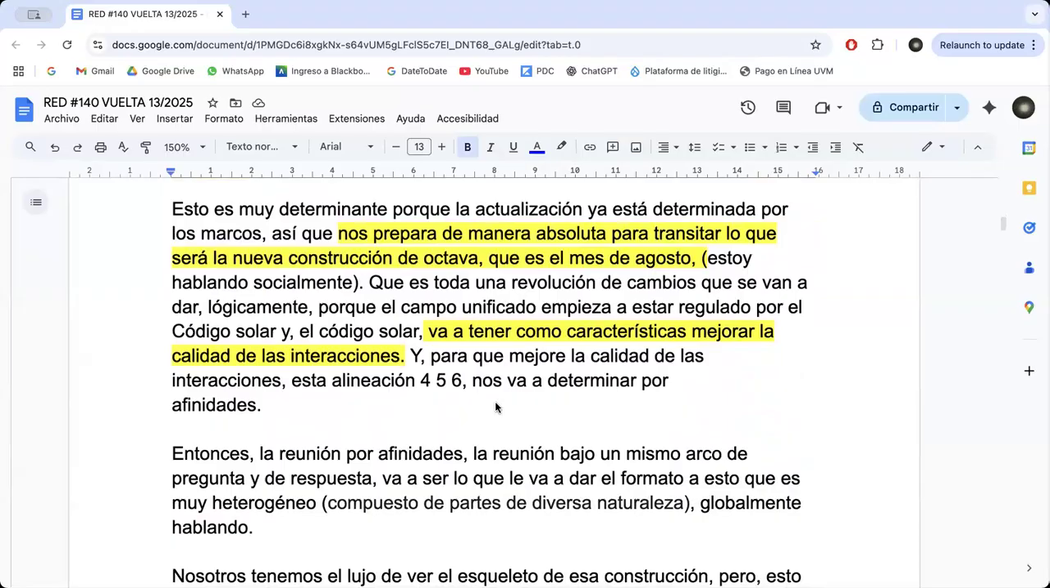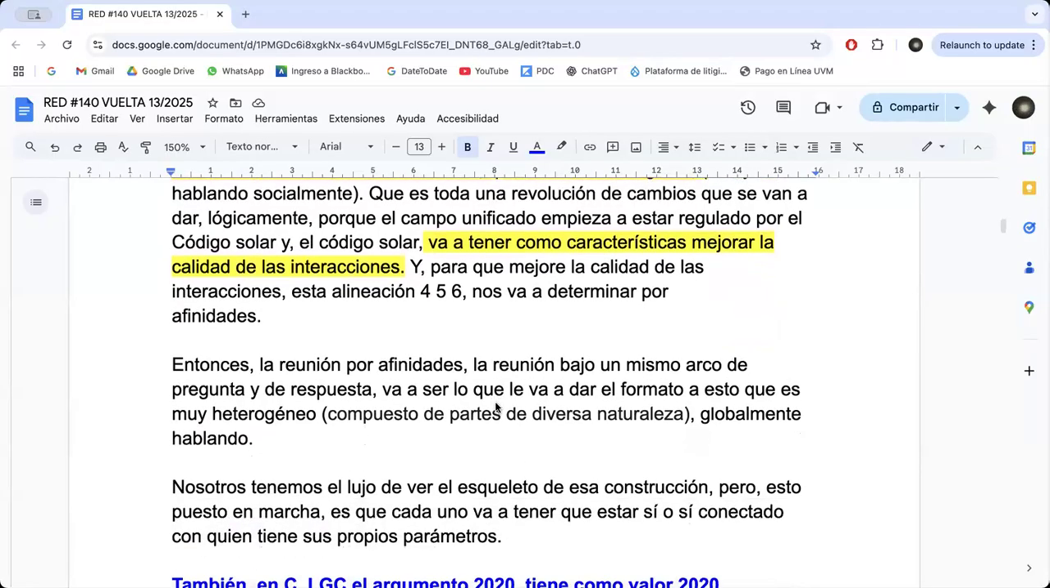So this prepares us in a very absolute way to transit what would be the new construction of the octave, which is the month of August. And she says, I am talking socially because we're talking about the month, right? And this has to do with a revolution of changes that are going to be given. Of course, logically,